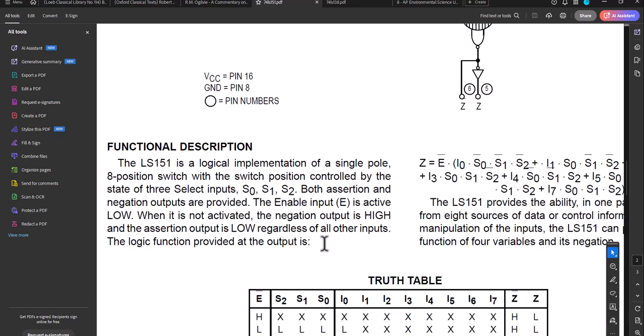Okay. Why do you guys have 151 instead of 138? I'm sorry? It's 151. 151 instead of 138. You're using both? Oh, okay. Yep. Yeah, 138 is the decoder and 151 is the multiplexer. Okay. Yep. Sorry,